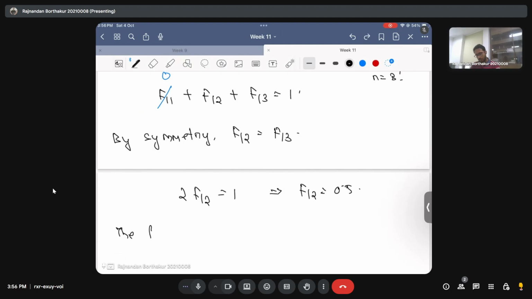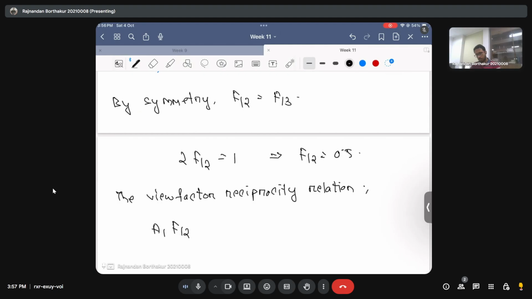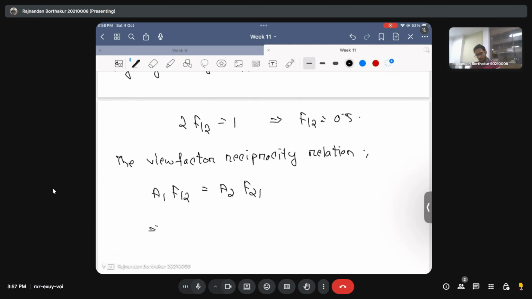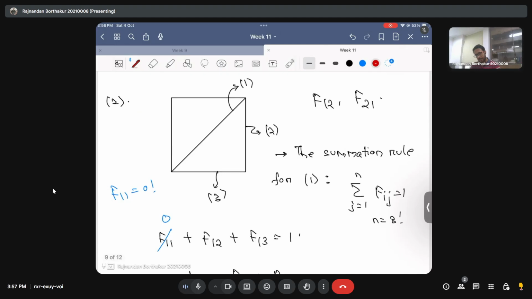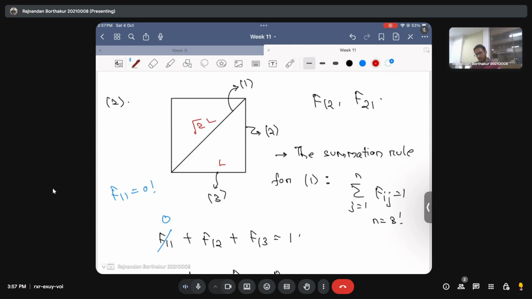And then if F12 is 0.5, I can now use the view factor reciprocity relation, which states that A1 F12 is equal to A2 F21, and my F21 comes out to be A1 by A2 times F12, where if I consider this length as L, this becomes root 2 times L, and you can consider your width to be unity, so width is taken to be equal to 1, which means that